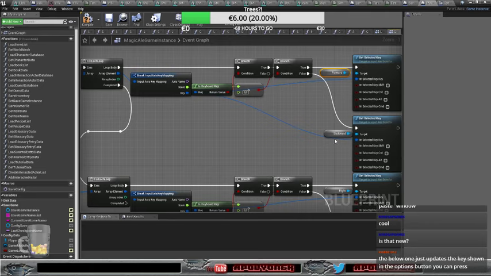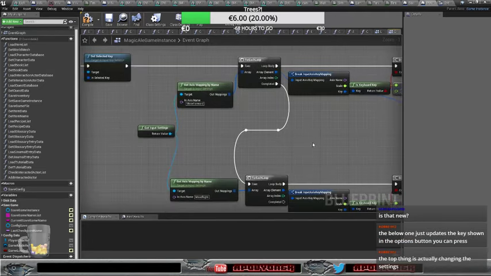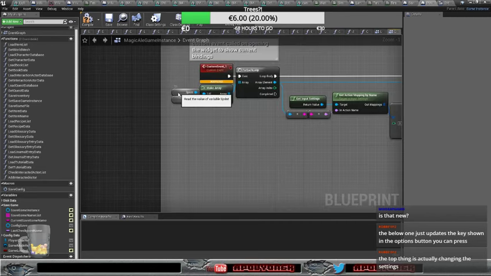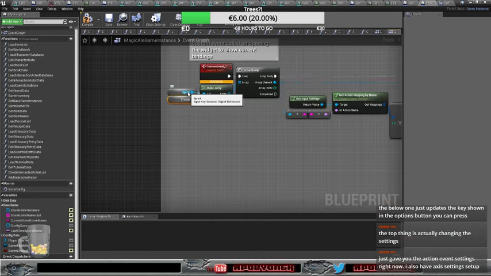Okay, those are your variables that you need to set up for those. What are those variables? Are those just kind of type? Oh, the input key selector object reference. Okay, so those are my